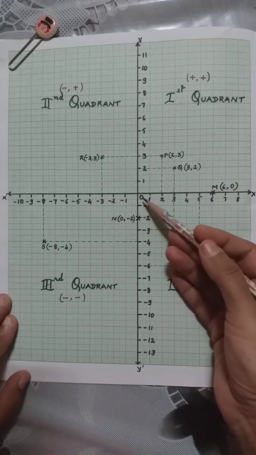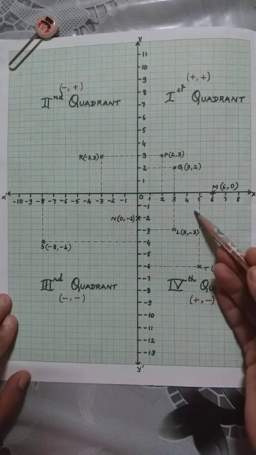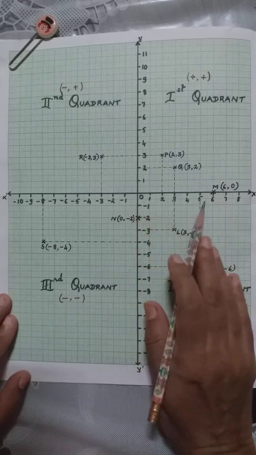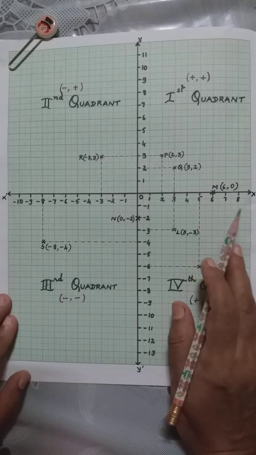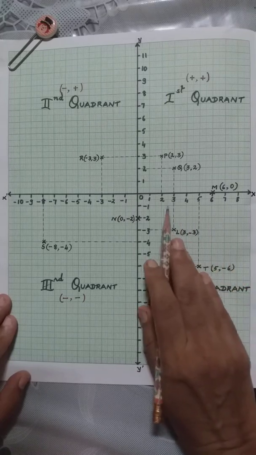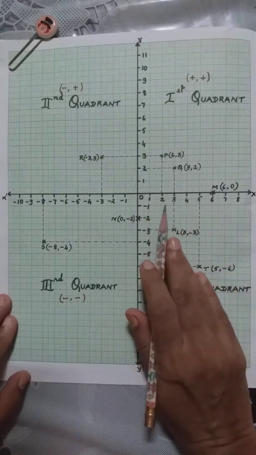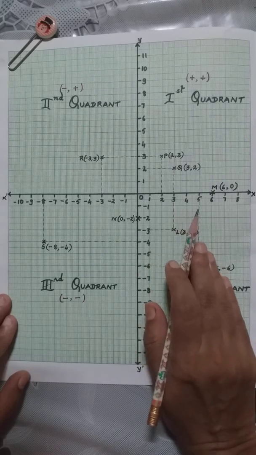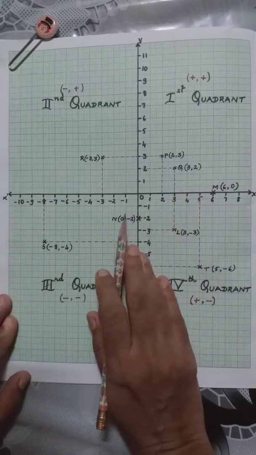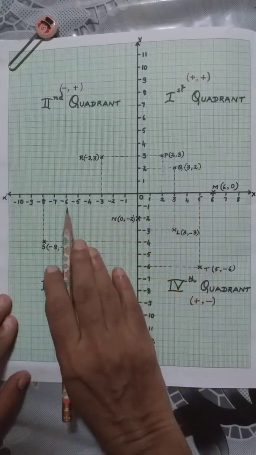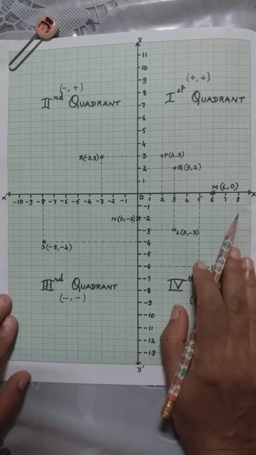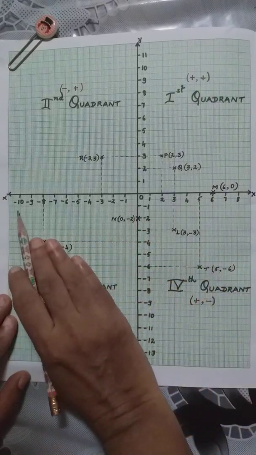Now you will see that on the x-axis, to the right of this point O, you will have numbers represented on the graph sheet. But all these numbers are positive. You can see here I have written 1, 2, 3, 4, 5, 6 onwards. Also, on the left hand side we have numbers represented 1, 2, 3, 4 onwards. But what is the difference? On the right hand side they are positive and on the left hand side they are negative.